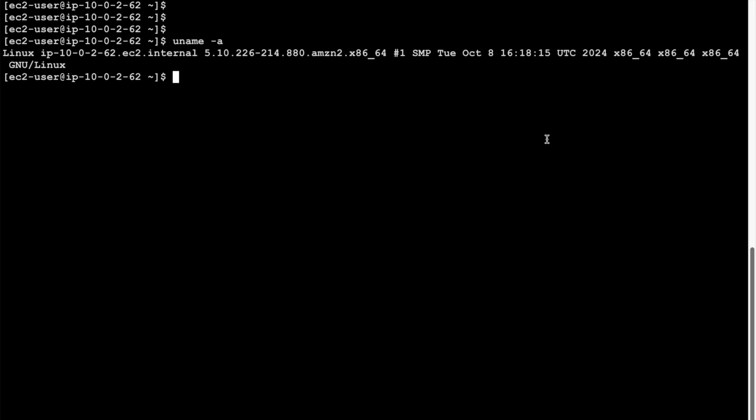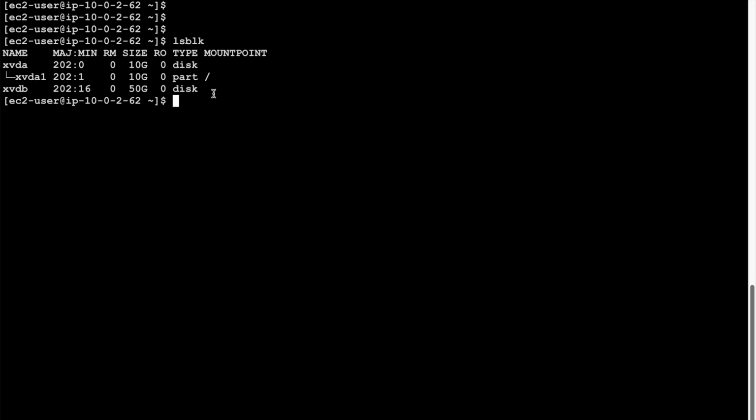So the virtual server has been launched, or the EC2 instance has been launched, and the operating system has automatically been installed in the EC2 instance by EC2 service itself. And then I have SSH'd into the EC2 instance also. And now before going further, I want to show you the data volume and the root volumes. So the command is lsblk. Now if you see, I have two devices attached to it. The first one is xvda and the other one is xvdb. So the xvda is the root volume of size 10 GB and xvdb is the data volume of size 50